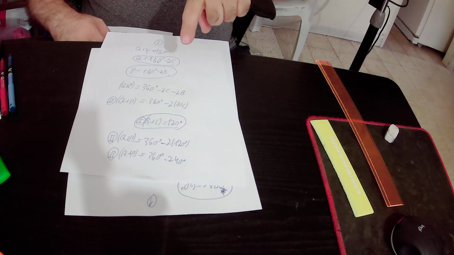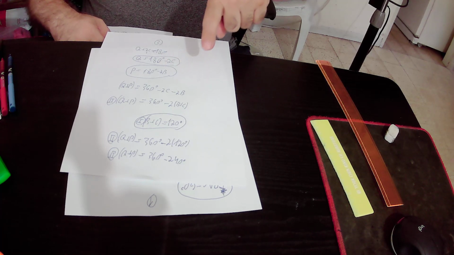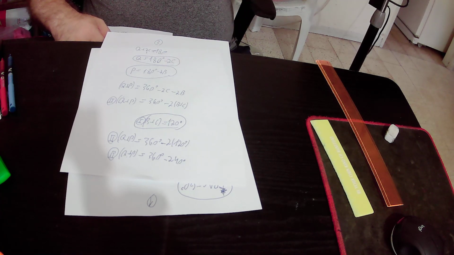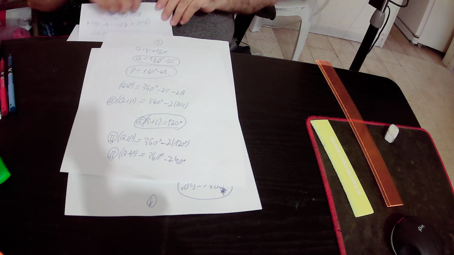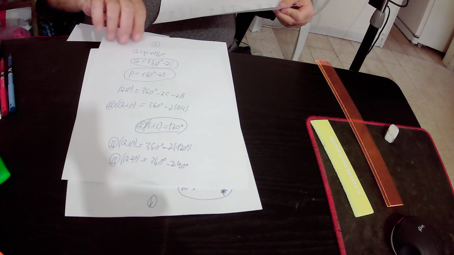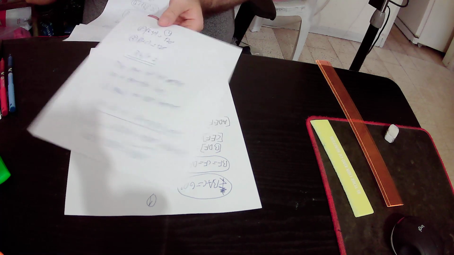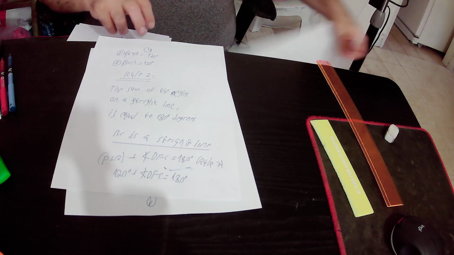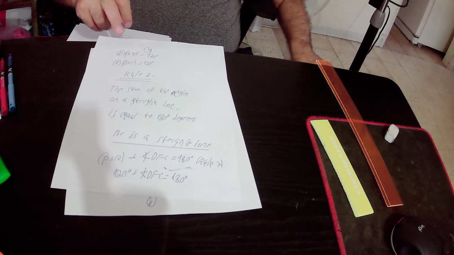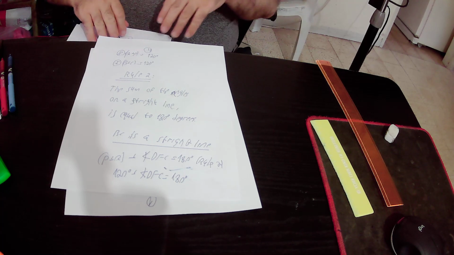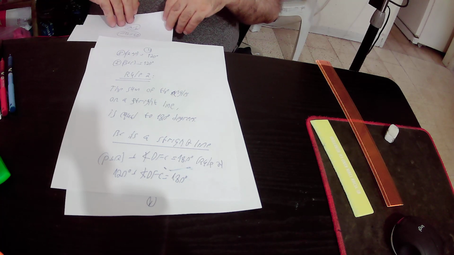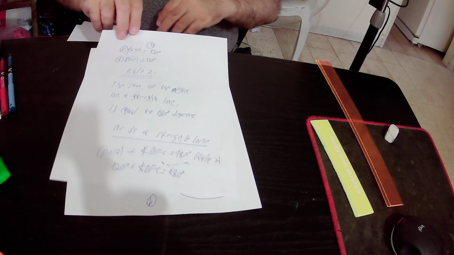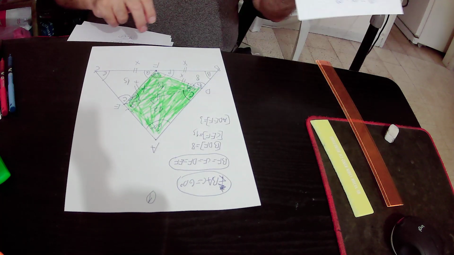We have already found out that B plus C equals 120 degrees, and we actually found out that P plus Q equals 120 degrees and B plus C also equals 120 degrees, and then we calculated